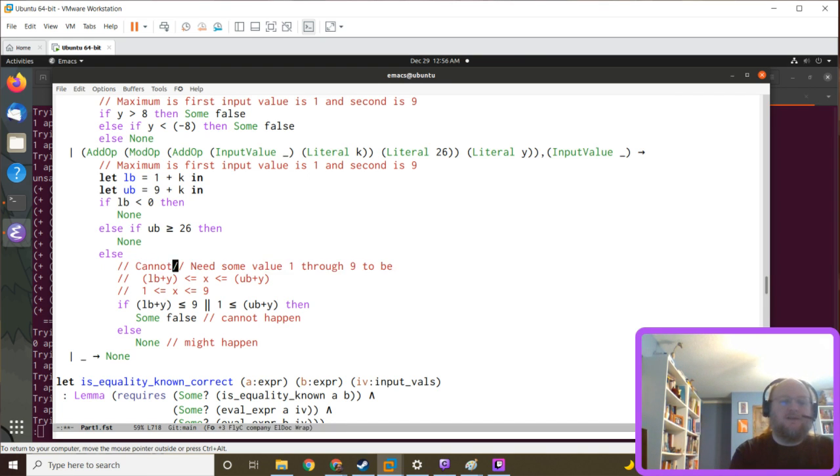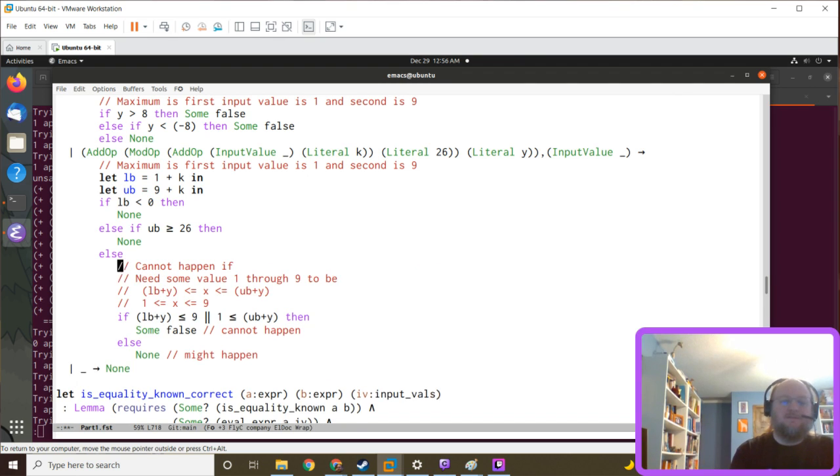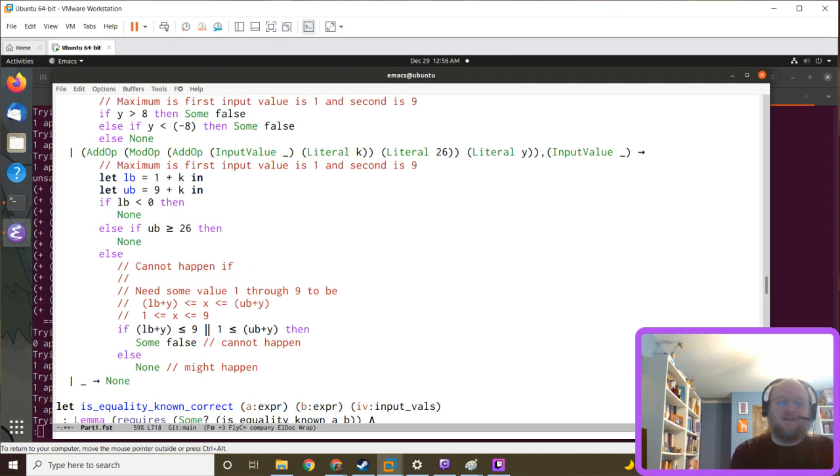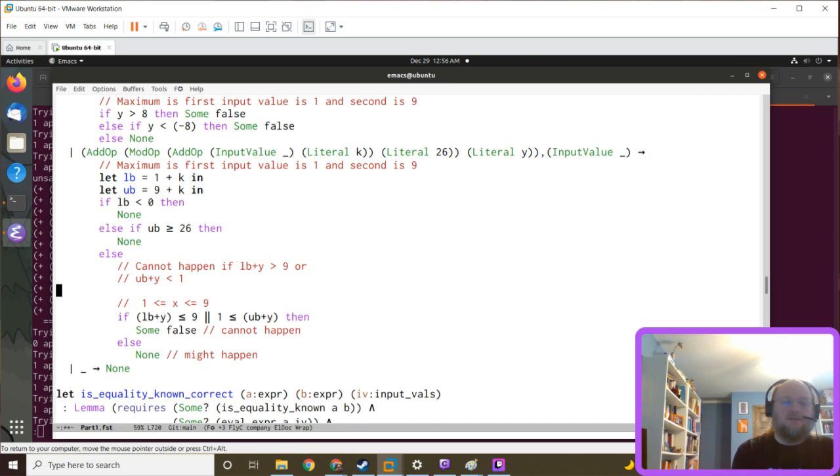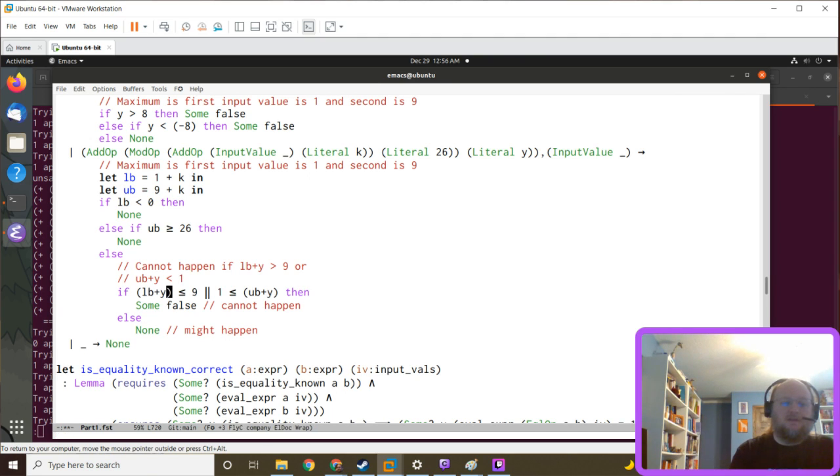Okay, so cannot happen if I got this backwards. I wrote when it can happen. If lower bound plus Y is too big, or upper bound plus Y is too small. Okay. Bound plus Y greater than 9, or